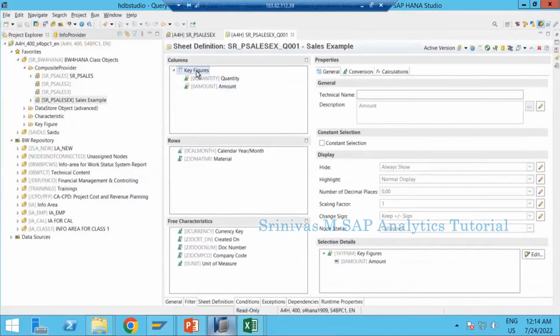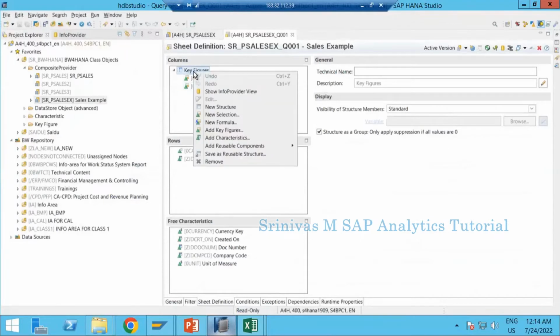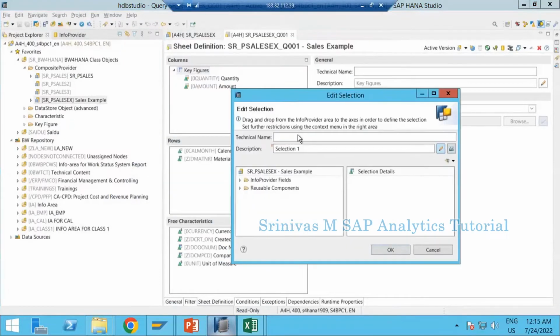So now to create any restricted key figure in your query, right click on the key figure section, go for new selection. RKF is nothing but, locally when you are creating a restricted key figure, you need to create a new selection field here. Go to new selection, and if you want to change the description, technical name is not required. I will let you know when we will provide technical name. So come to description field. Now let's say amount